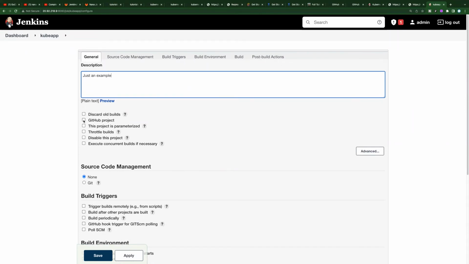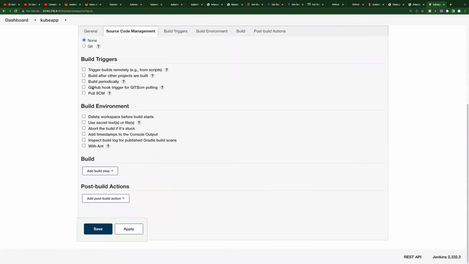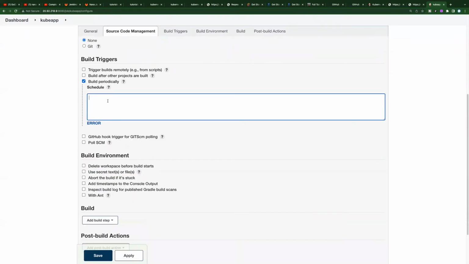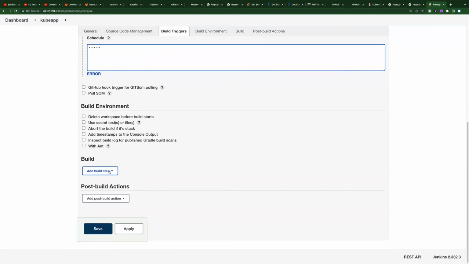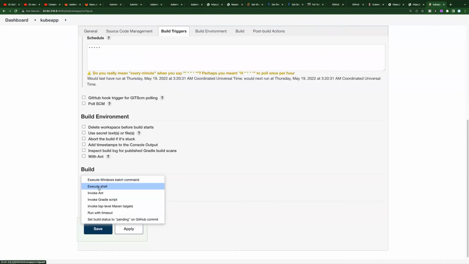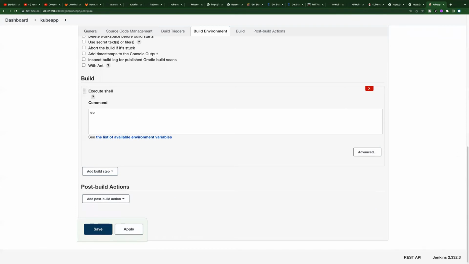Okay, it's not going to be a GitHub project, so I'm not going to select any of this. So I'm going to trigger build periodically. Then I'm going to put in 5 stars, meaning every minute I want to trigger something. I'm going to select build step execute shell. Execute shell, I'm just going to say echo hello world